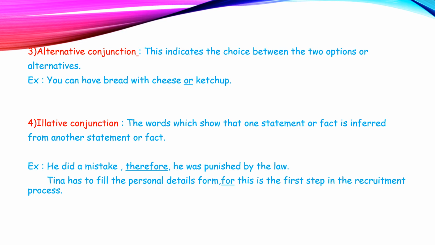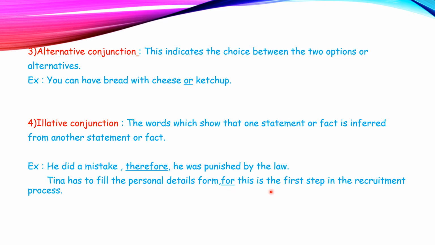Because the first part has happened, the result is shown in the second part of the sentence. Since he has done a mistake, he was punished by the law. So this is the result of his action. In the next example we have: Tina has to fill the personal details form, for this is